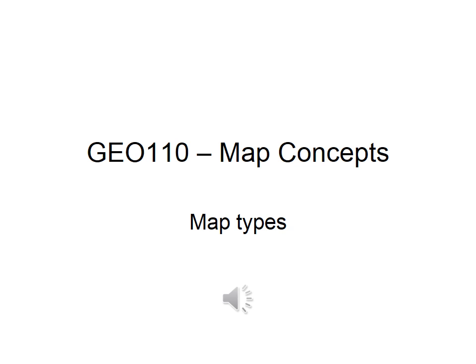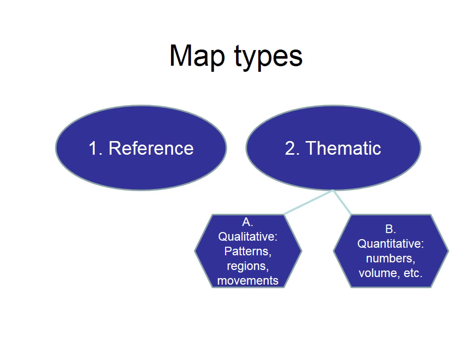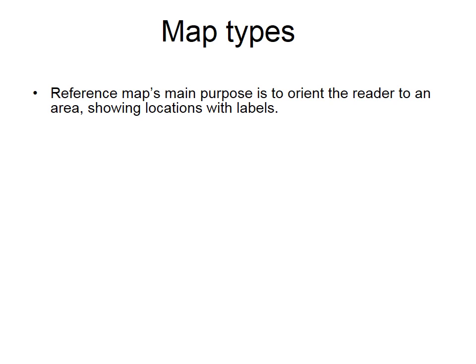This video will explain important mapping concepts so that you can understand and use GIS more effectively. Reference maps and thematic maps are two major categories of maps. Thematic maps can be further subdivided into quantitative and qualitative maps. Quantitative maps map numeric data, such as volumes or rates, while qualitative maps have a theme, such as patterns, flows,